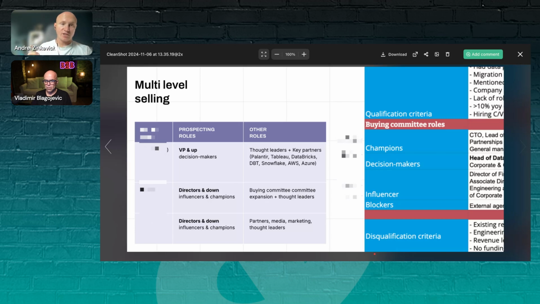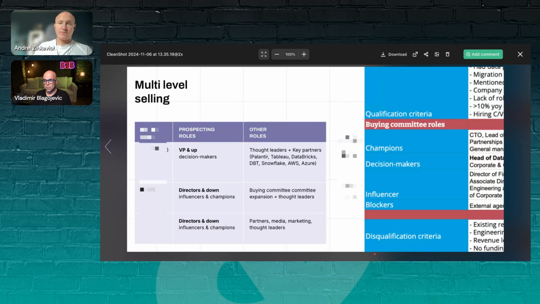But for the marketing team, if you have limited resources, it's not just essential, it's vital to narrow down your focus, define the key areas that you want to focus on, and then the key buyer persona. What's the role? Is it a champion? Is it the decision maker? Is it an influencer? Is it the power user? That would be the only way to handle it. And optionally, depending on your relationship with sales, if that would be possible, you must install this multi-level selling, or what we call multi-threaded engagement. So that would be the key.